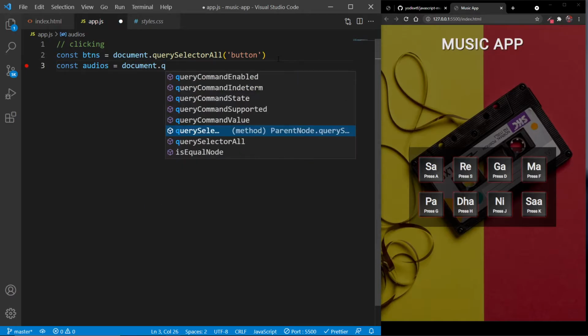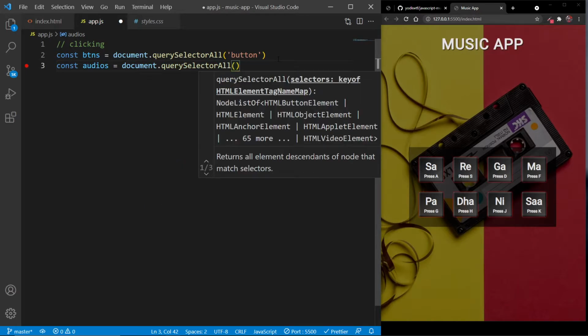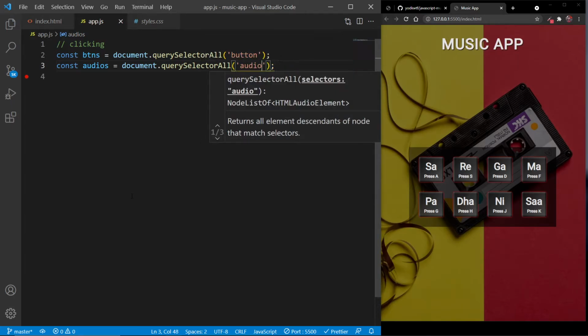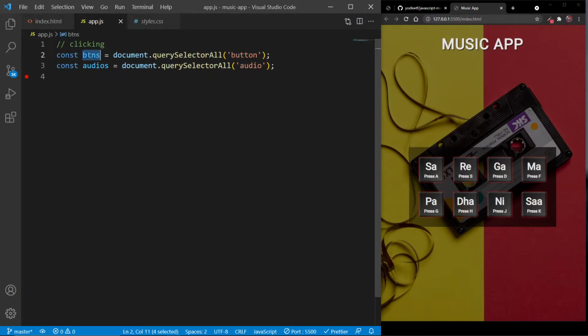Again, document.querySelectorAll and select them by the audio element. So we have 8 buttons inside this node list and we have 8 audios here, and let me just quickly show you. So we are logging all these 8 buttons and 8 audios.